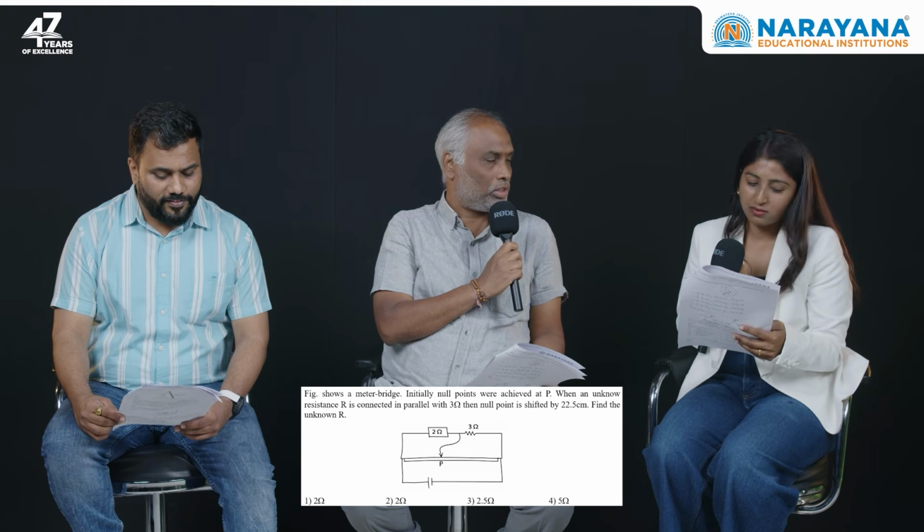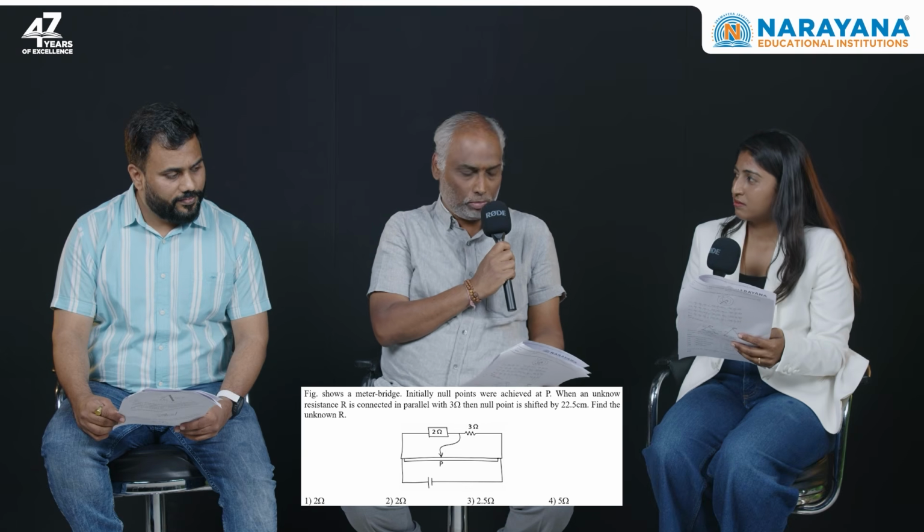What about the fourth? It's also some circuit. Yeah, it's from current electricity. Our students are practicing these kinds of questions, so they should happily solve it. What about the fifth? The fifth question is from atomic physics. It's a ratio based question. The only thing is they have to remember how the energy and the speeds depend on the atomic number and the orbit. They should be able to solve it.